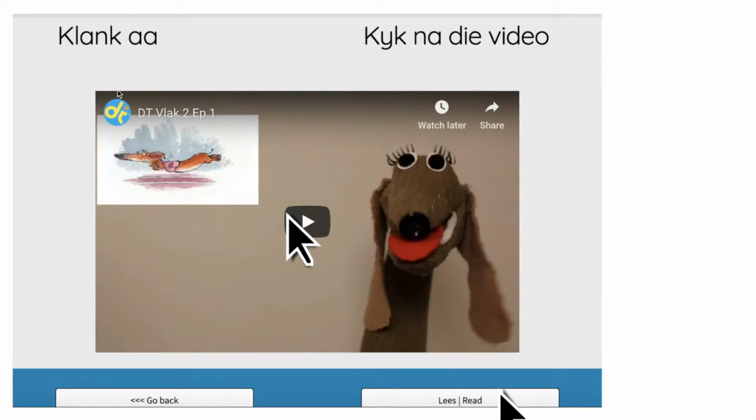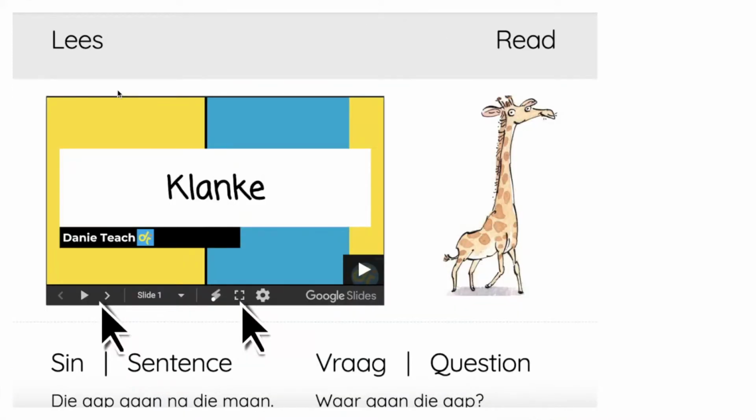Once clicking on the sound, your chosen sound, you have a puppet show yet again. Let them watch it over and over. Let them read. Let them enjoy. Let them learn the vocab that's suggested. We then use that vocab in a sentence and question format, which is important again for the reading for understanding part. You'll see that this is put in a presentation, and you'll only be able to access this on a